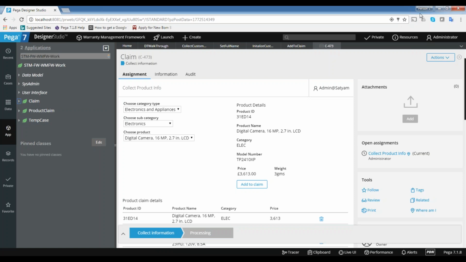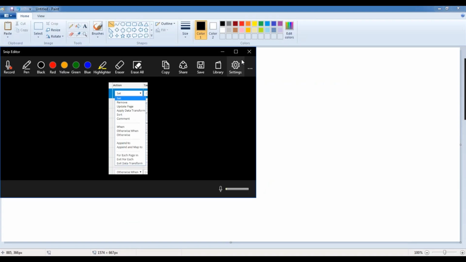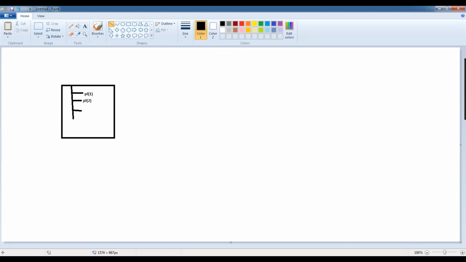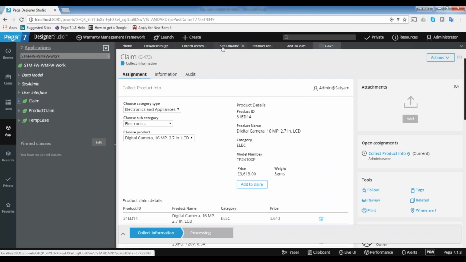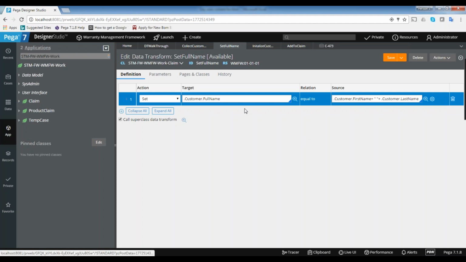Okay. Subhash, I have a query actually. In the data transform, we only copy one class's data to another class, or from one page to another page or clipboard. But while we are mapping source to target, if we wanted to get any additional values from any service, is it possible?